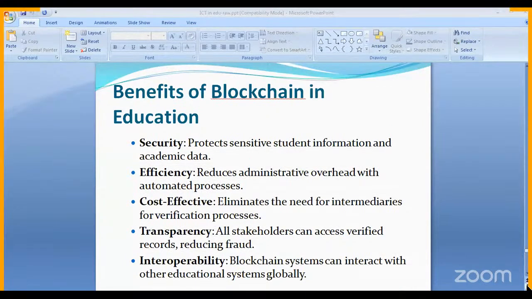Efficiency. Efficiency says that the time required to get the validation, and the reliability of the validation, become a very big issue, because it takes a lot of time to get the validation, and the reliability of the validation is also many times an issue. That is why it is time consuming. Because of blockchain, this will happen within seconds, and the efficiency will increase from the user perspective.